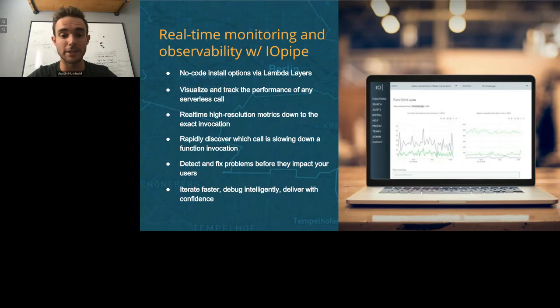We also have automatic HTTP traces inside your functions. These are helpful to see if it's your code or maybe external third-party API requests that are the culprit for slow invocation times or timeouts. We also just started rolling out database traces as well, so more to come there too. You can also get started with IOPipe without having to make any changes to your existing code. Basically, IOPipe takes advantage of AWS Lambda layers. Depending on what runtime you use, IOPipe has a layer for you, so you don't have to do any instrumentation to your function to get your functions monitored.